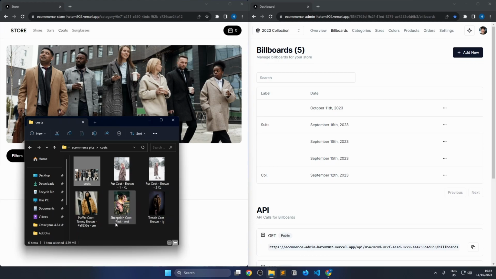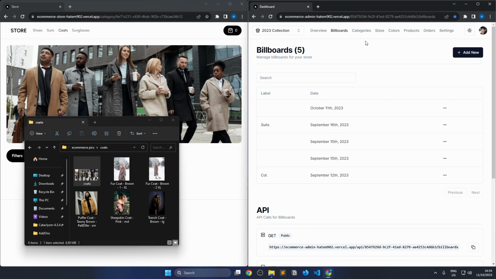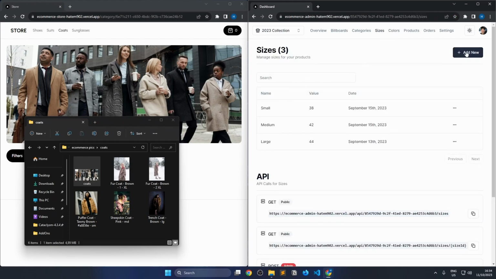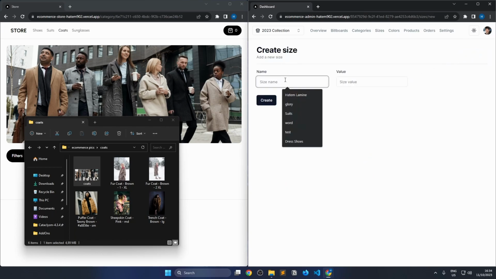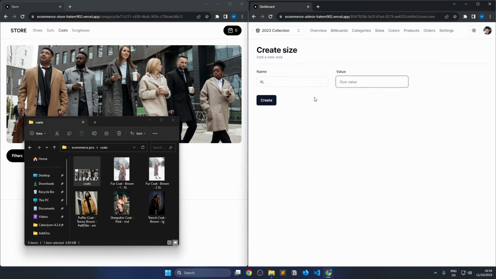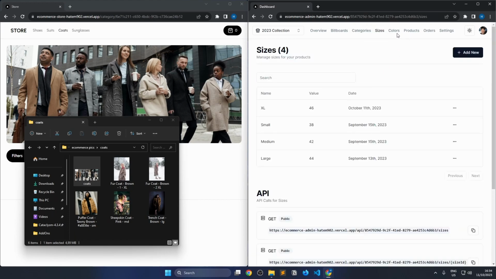Now let's look at our products, and we have some new colors like brown color, the XL size, etc. So let's add our new sizes and colors. Let's go to sizes, add new XL. Let's give the value of 46. Create. Let's go to our colors,